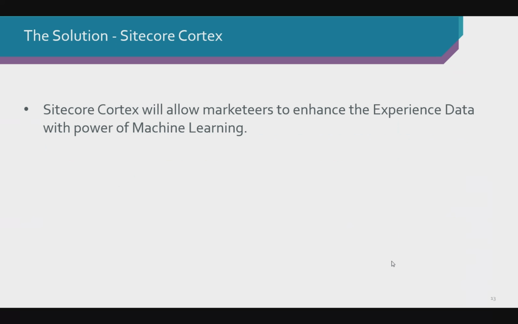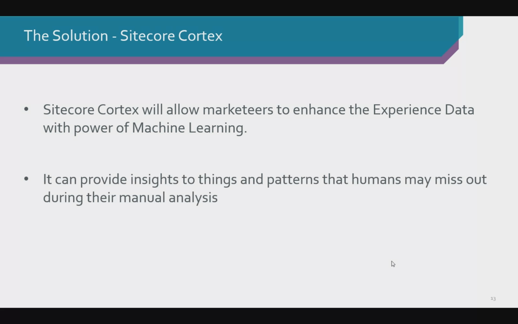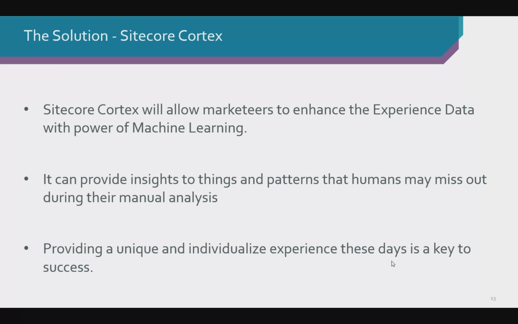Sitecore Cortex, that's where it comes in. Sitecore Cortex will allow marketers to enhance the experience data with the power of machine learning. It can provide insight into things and patterns that humans may miss out during manual analysis. And it will provide unique and individualized experience, which is key to success.